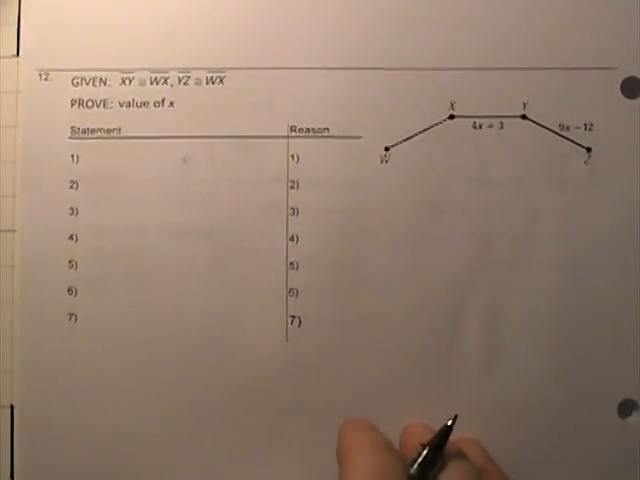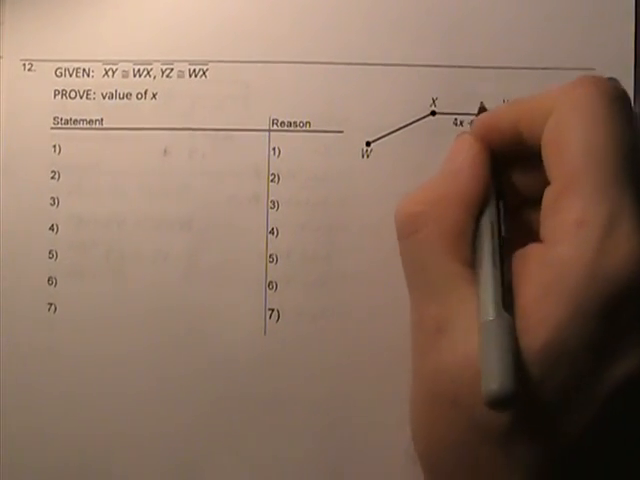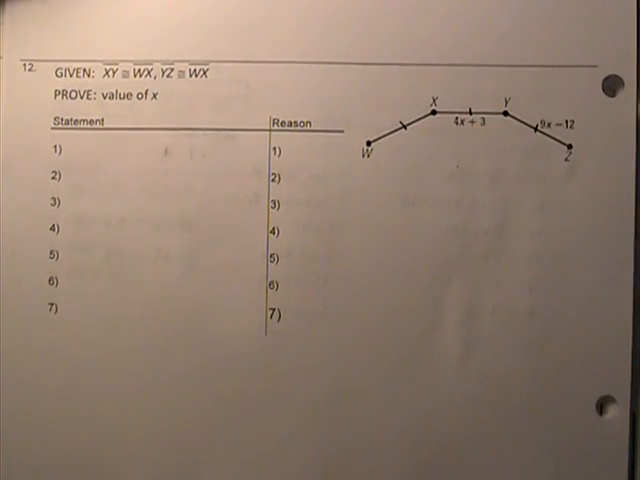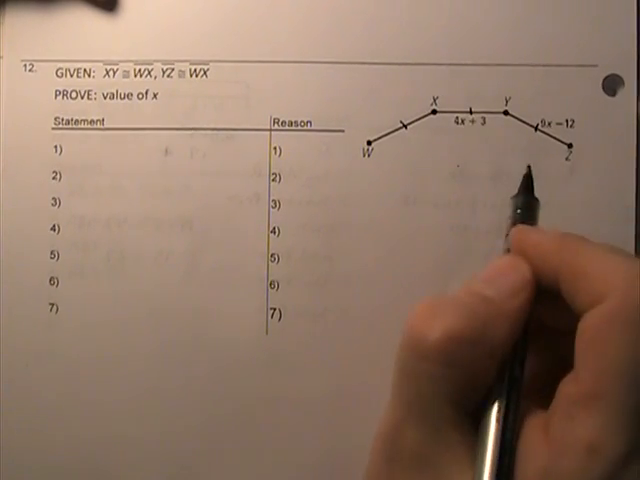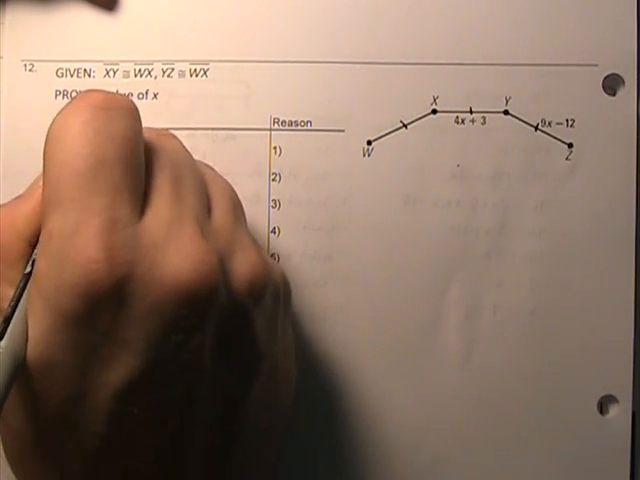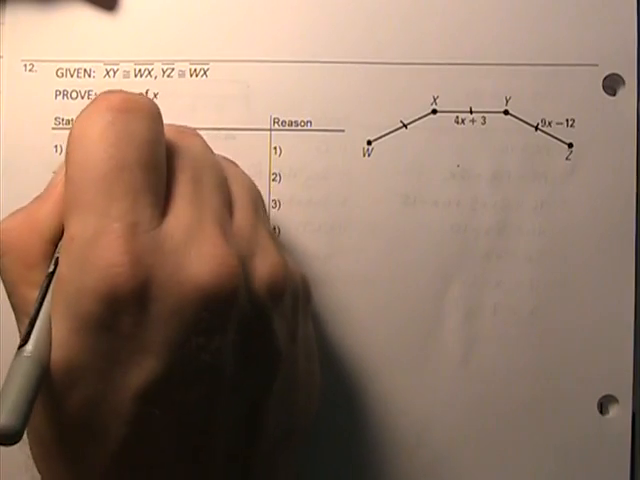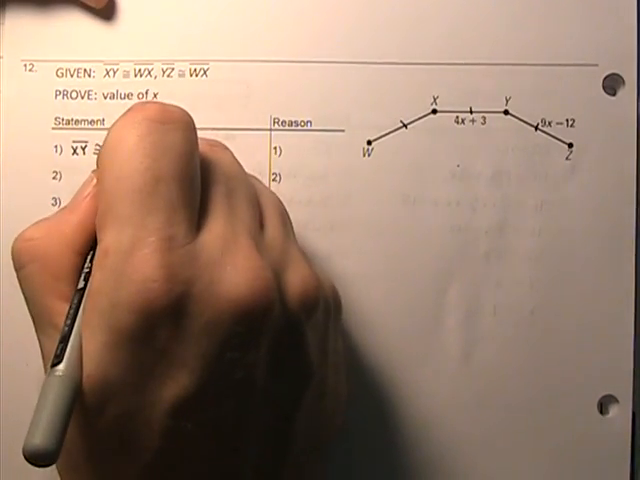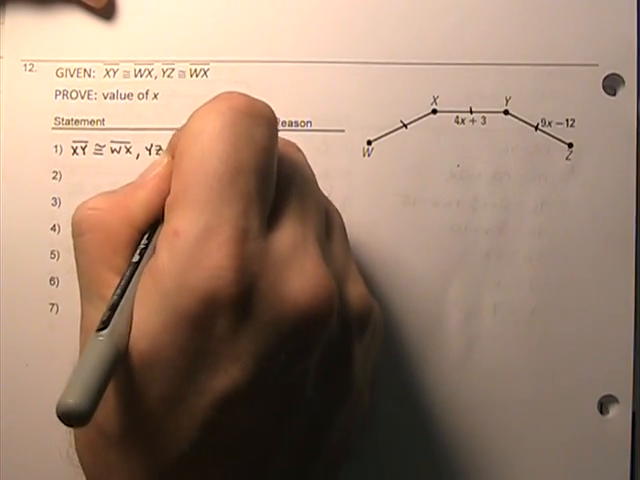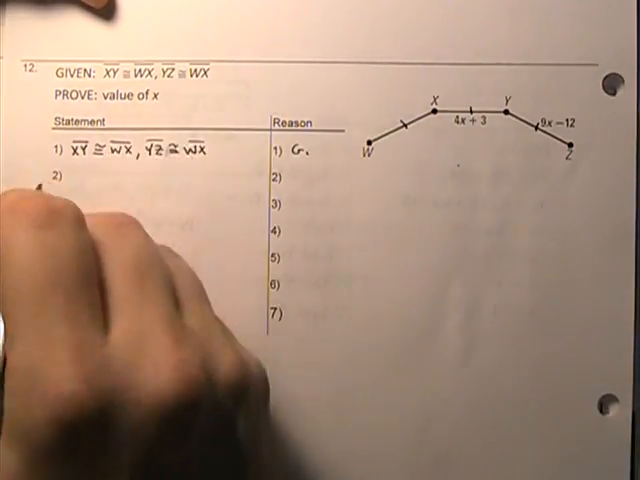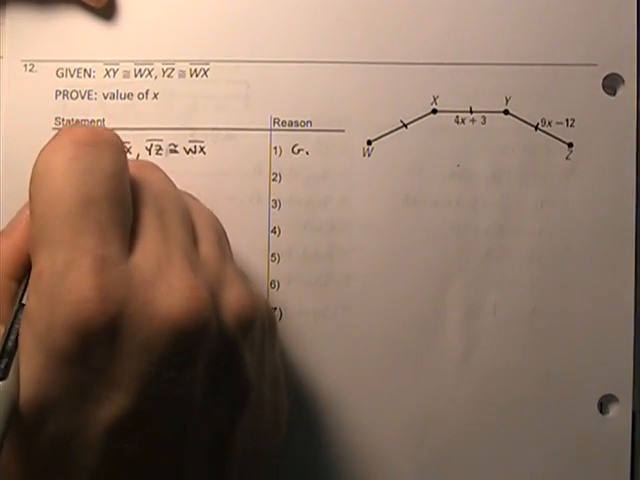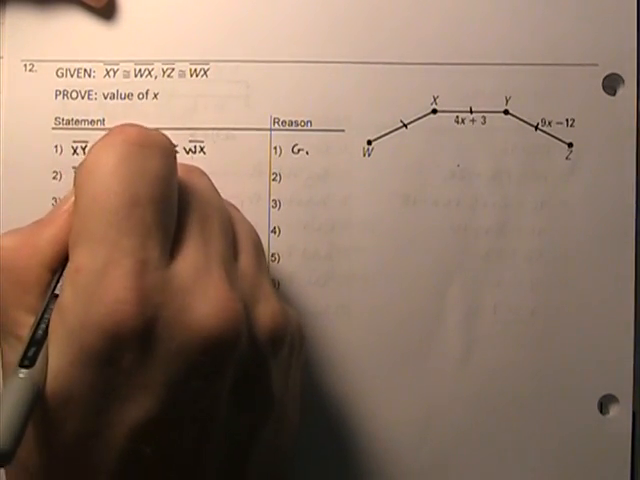Okay, number 12, another algebraic. XY and WX are congruent. YZ and WX are congruent. So again, 3 more congruent segments. If I can show these two lengths are equal, then I could set up an equality. So let's go ahead. This one looks a lot like the last one. And again, I want XY and YZ to be equal. So XY is congruent to YZ